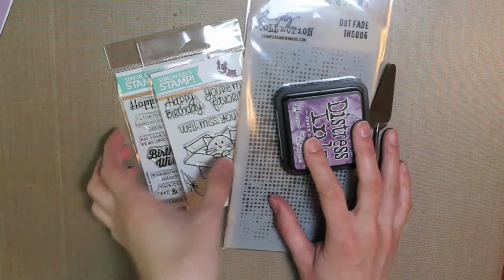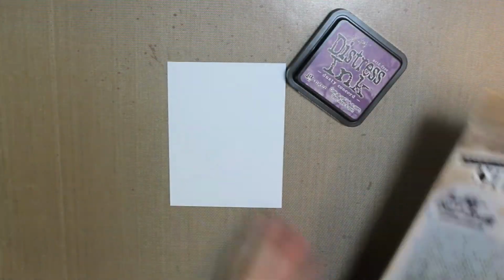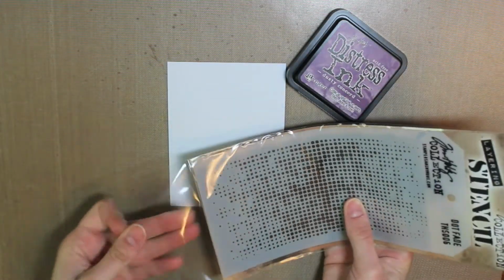Hi everyone! Today I have a card using a stencil and some embossing paste. So I have this Tim Holtz stencil, it's called Dot Fade, and I just have a piece of white cardstock,